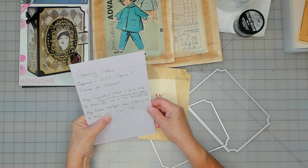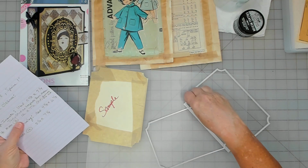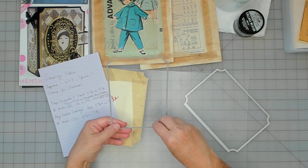Yeah, I didn't write that down yet. Oh, 3, yeah, 3 of these, and then I need 12 of these. So yeah, I've got that written down. So I will make a piece of